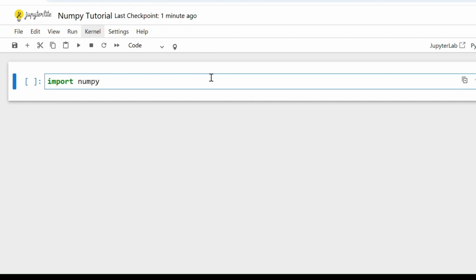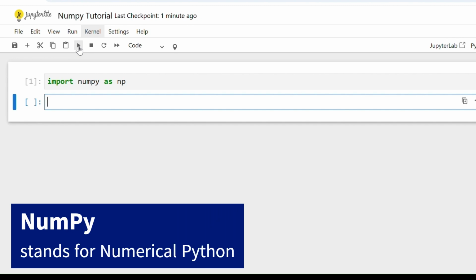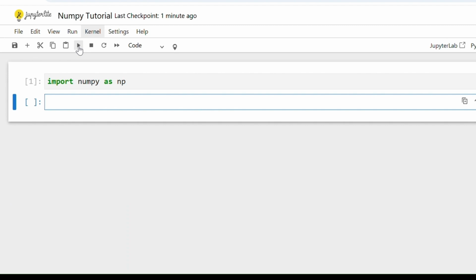That means I am importing the NumPy library into my Python script, and in this line only I am creating a short name for NumPy, which is np. When I run this cell, NumPy is imported into my script. Alright, if you are a data science beginner, then you must already know that NumPy is a powerful library in Python for numerical computing. And since it is used to work with arrays, let's create an array first.